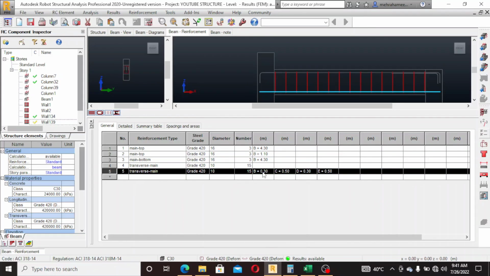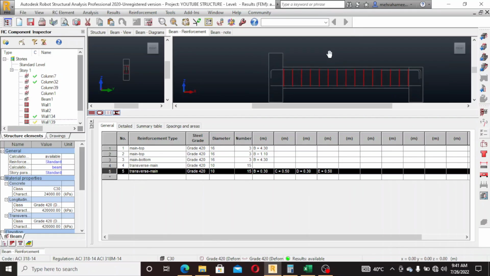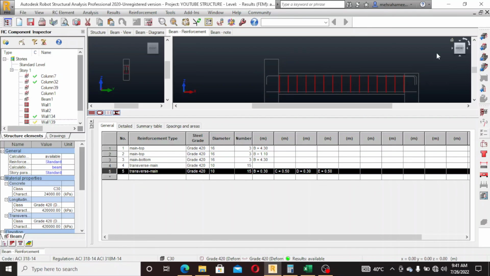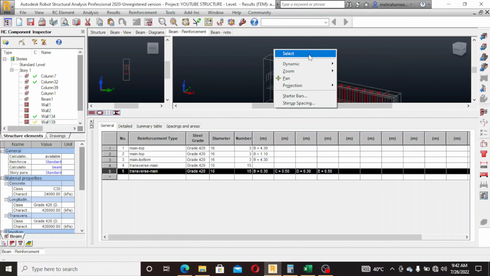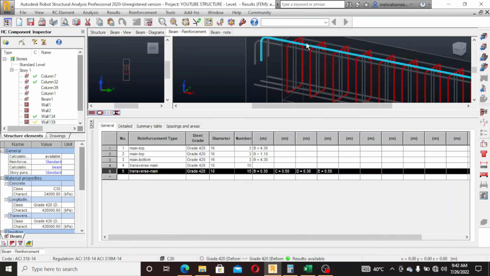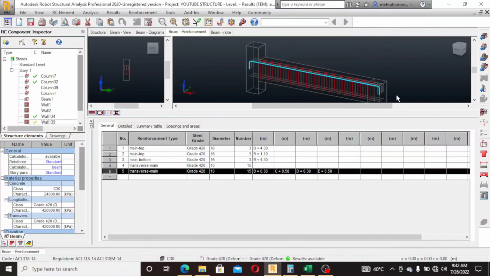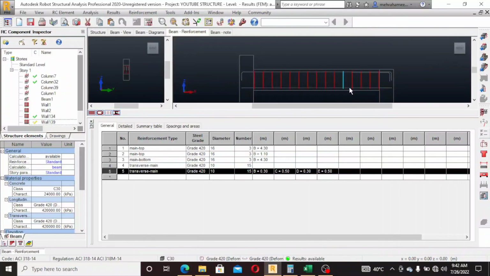The spacing B is 0.30, C is 0.50, D is 0.30, and E is 0.50. Okay, this way you can design the beam. Now go to